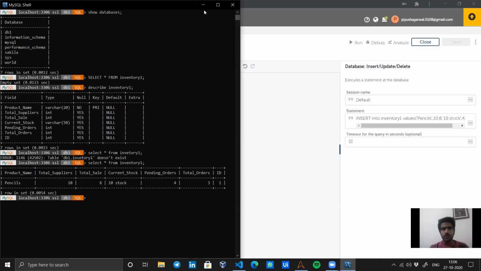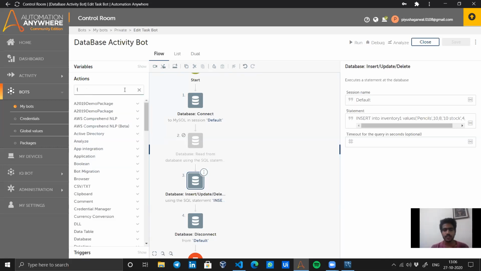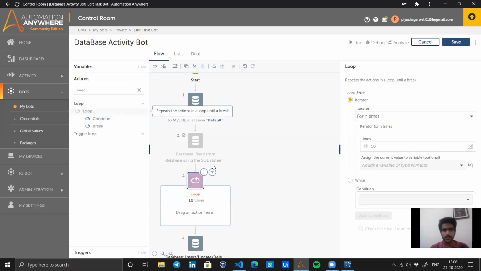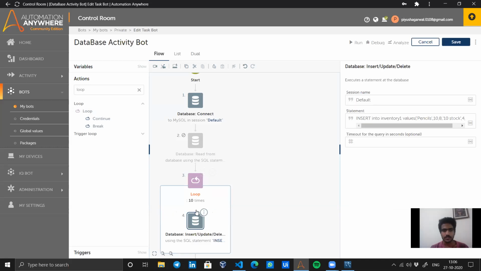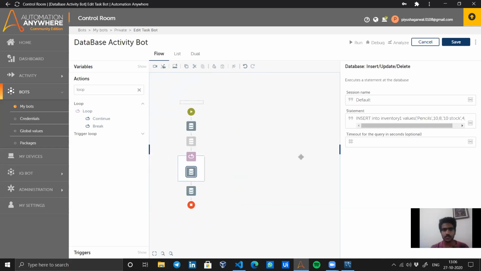Now if I want to enter data multiple times, what we generally do is put it in a loop again and again. We can apply a loop for this. Here I will just put this inside a loop. This is how it is generally used, and this is just using your mouse.